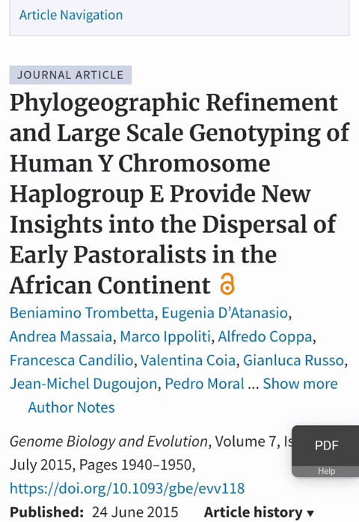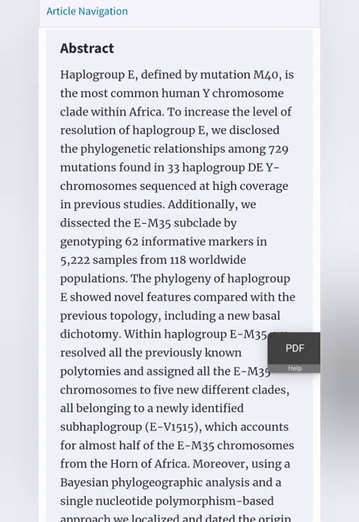And from the Middle East, through pastoralism, through farming, it was distributed into Europe, which means it's a second out of Africa migration that spilled a little bit but didn't affect everybody outside of Africa, and it didn't affect everybody inside of Africa. Now, if we read the abstract, it says haplogroup E, defined as the mutation M40, is